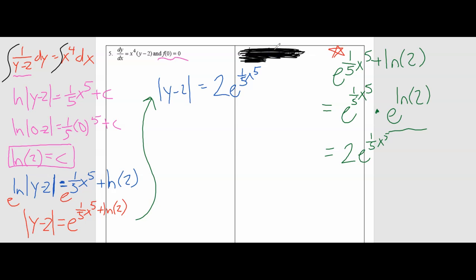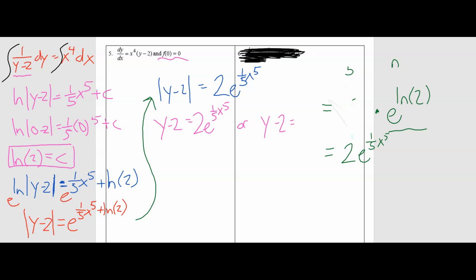So I can have either y minus 2 is equal to positive 2 times e to the power of 1/5 x to the power of 5, or I can have